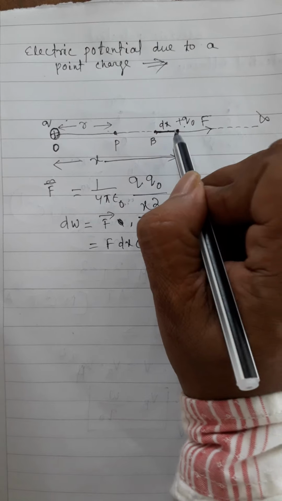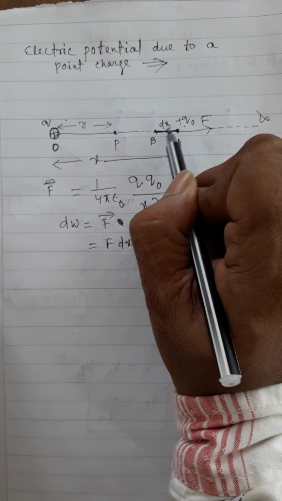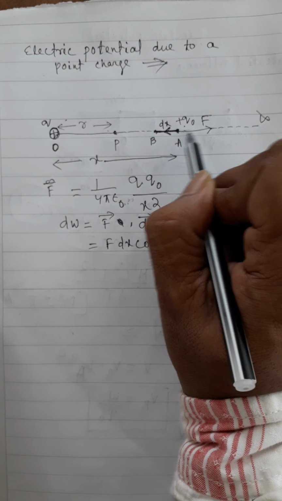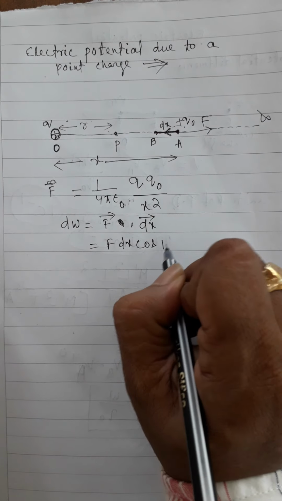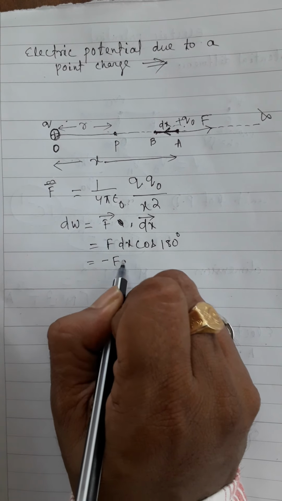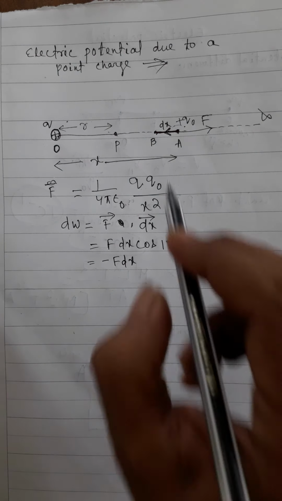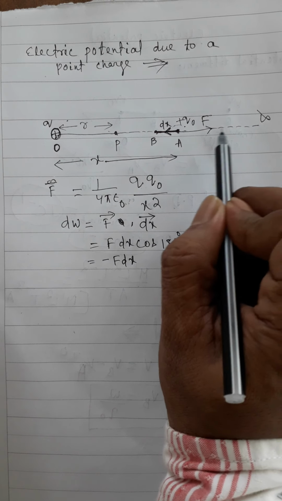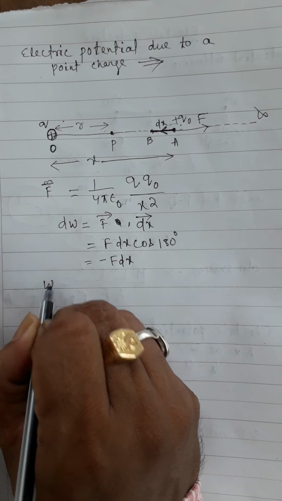The displacement is in this direction, and the force is in the opposite direction, so the angle is 180 degrees. So it will be minus F dx. So the total work done in moving charge Q0 from infinity to this point P will be